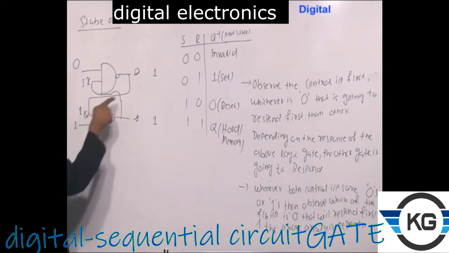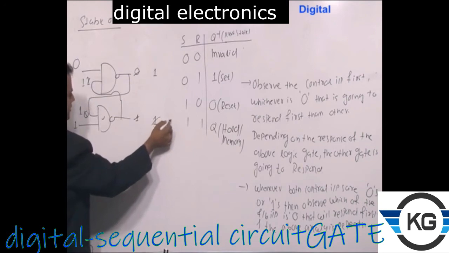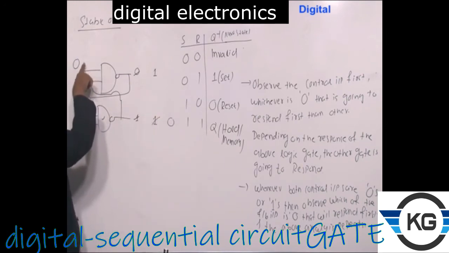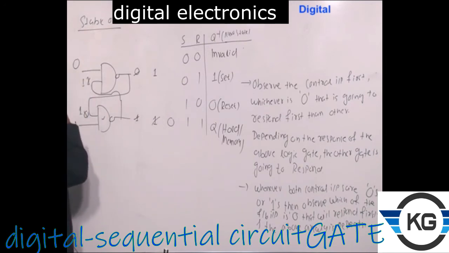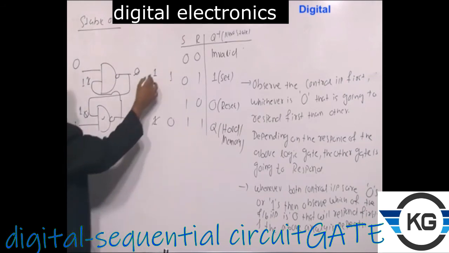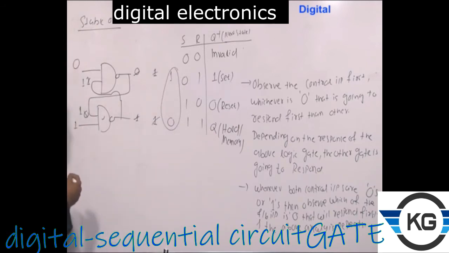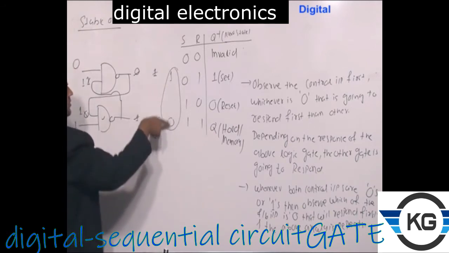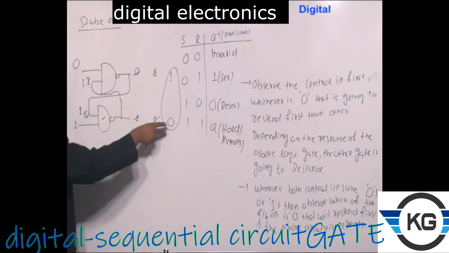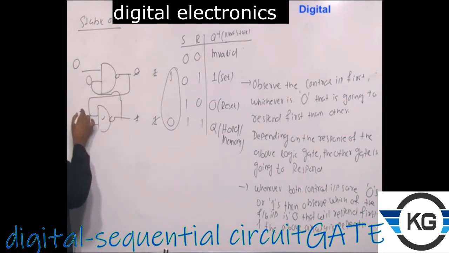Now you see that earlier which was 0, now this becomes connected to 0. So this will be 0, and because this input is connected as 0, that is fixed, that is not going to change irrespective of the others, because one of the inputs to the NAND gate is 0, the output will be 1. So this will be 1. This is what we mean by the stable state output. What is the meaning of stable state? Once your circuit is entering into 1 and 0, what is the meaning of this? If this is 1 and 0, it means this is connected to 0, so this is fixed at 0. If this is 1, it means this is fixed at 1.